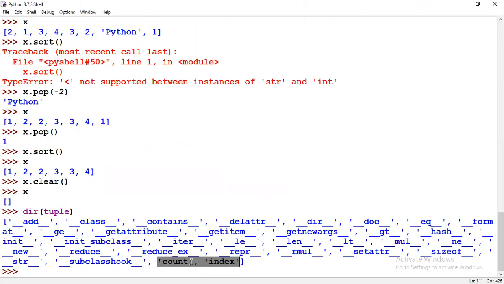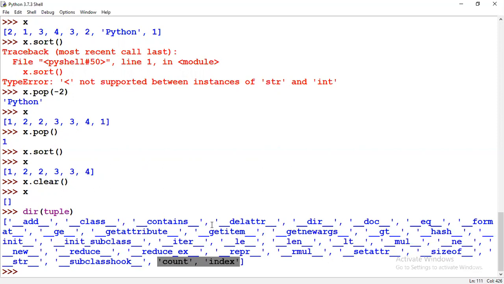So tell me why tuple has only two inbuilt functions. We don't have anything like in the list data type. What's the reason for that? Why? It's immutable, right?